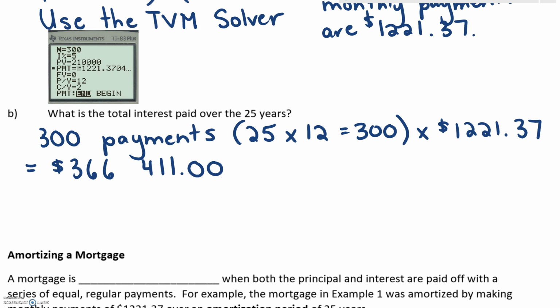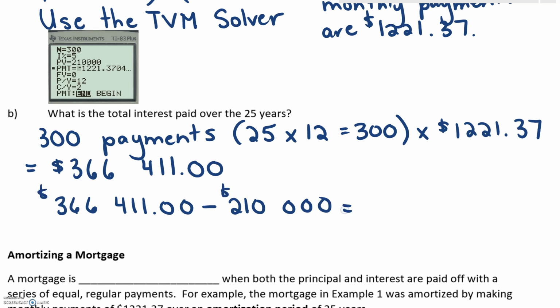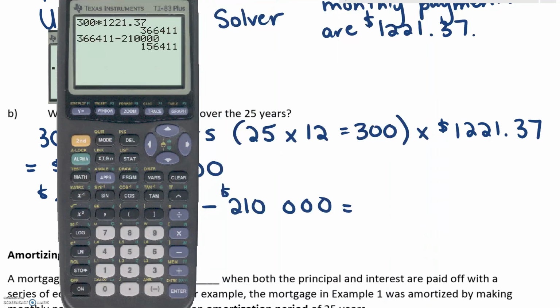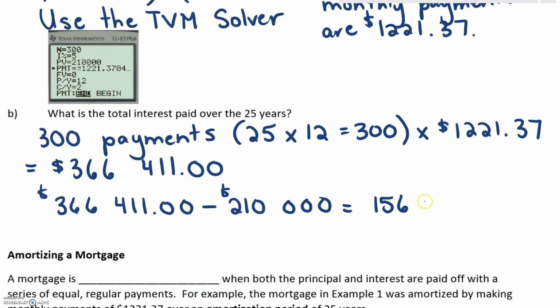Now you'll notice that the original price of the house was $210,000. Well, that's the price you pay when you take out a mortgage. You don't really recognize that you're paying that much interest that we're going to calculate in a second, but it's pretty high. Because we know the principal on the house is $210,000, to find the total interest, we have to take the $366,411 and subtract from the original price of the house to see how much more they paid. So if we check that out, 366,411 minus 210,000. So they end up paying $156,411 extra dollars in interest,